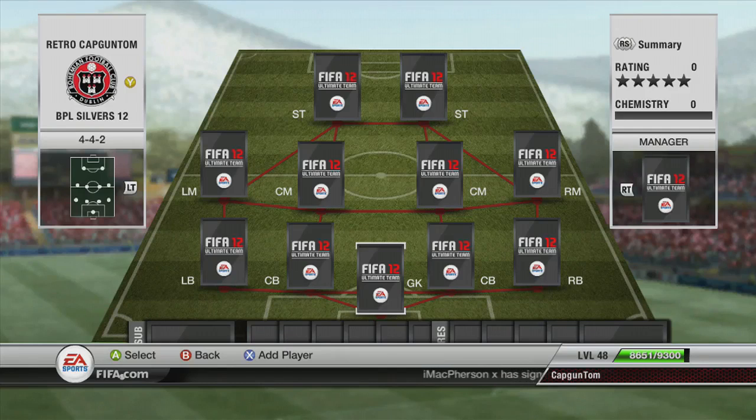Right guys, it's Captain Tom here and welcome to my first ever FIFA 12 versus FIFA 13 head-to-head squad builder thing. I don't really know how to title this video, to be fair, but effectively the idea is today we're going to build the best FIFA 12 442 BPL Silver Team and the best FIFA 13 442 BPL Silver Team, and then we're going to compare both players in each position, have a look at the overall teams, and then I want you to go away, comment, say who you think is better in each position,